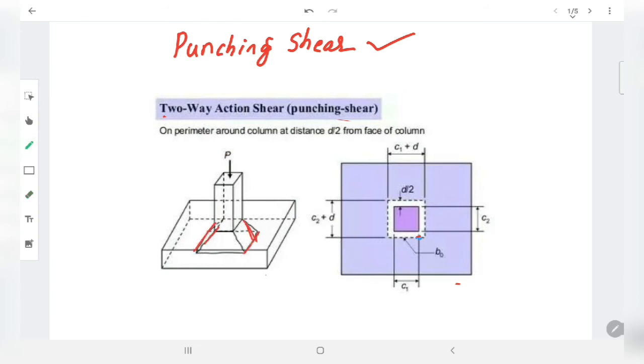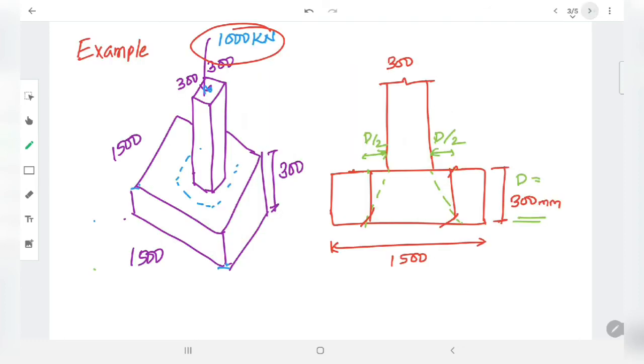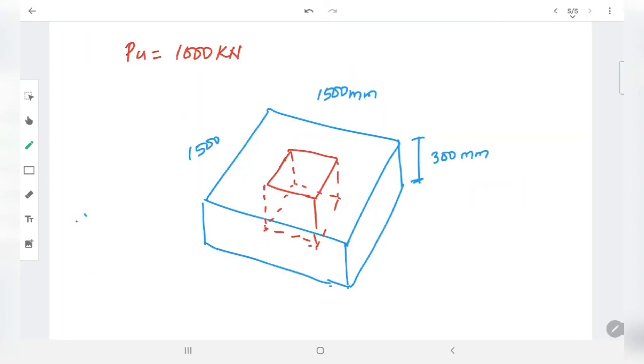This is the punching shear failure that will act here over the surface area. Here you can see the length is of how much? 600, 600, 600 and 600. Already we have calculated. Whereas this force is acting for this length and the depth how much? It is of 300 mm. Okay, I'll hatch the portion. So at this portion, on the surface the force will act.